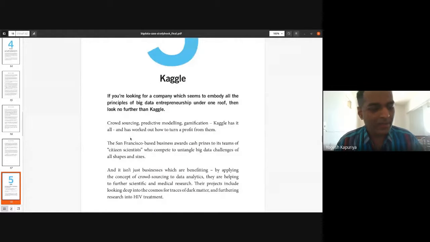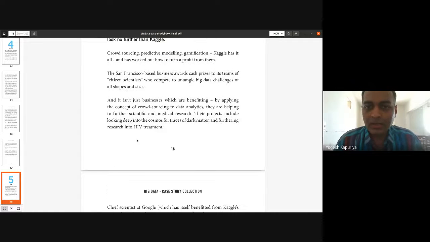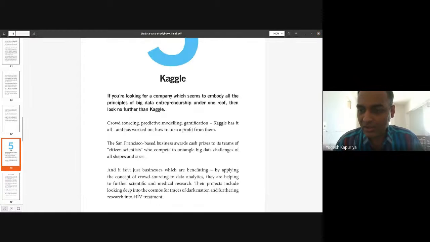Kaggle, you must have heard the name of this company. If you have not, then you must. Kaggle is not just a software platform where you can run your code. It's basically a data science company. The part of Kaggle we are looking at sounds like a competition or something like that, but they are actually beyond this. They have been doing lots of data science work.